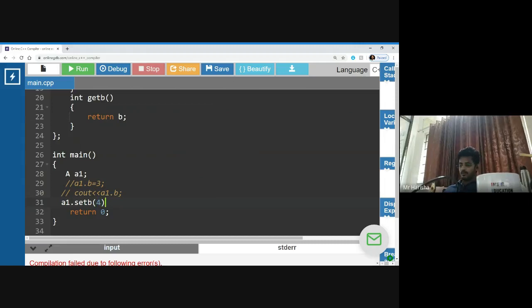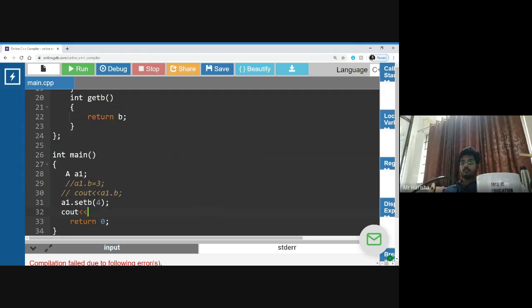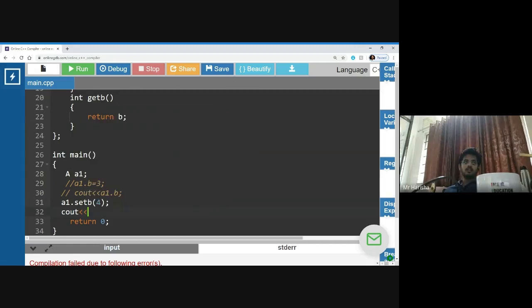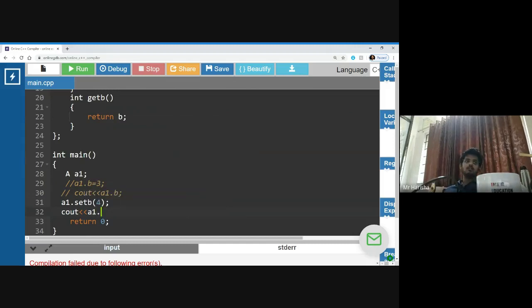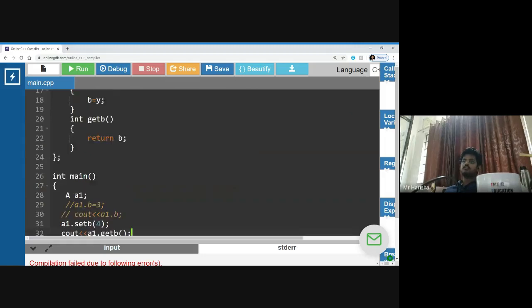Then I will print it with the help of cout A1 dot get B, the function, which will return the value. After that, return 0 you can find.